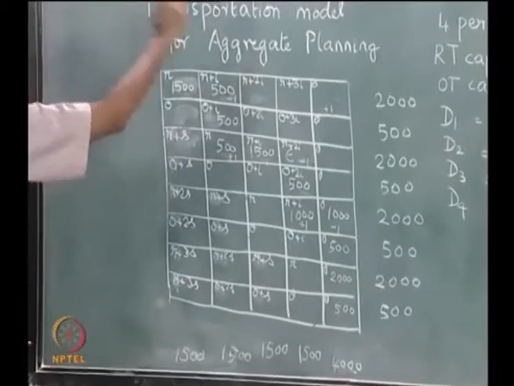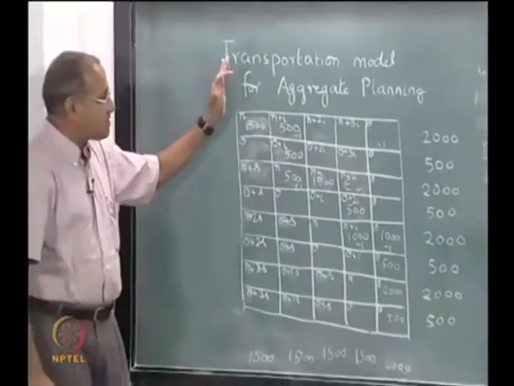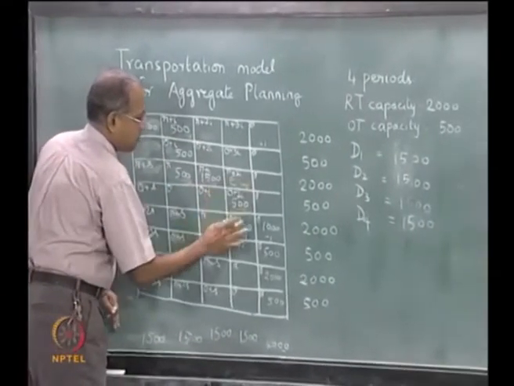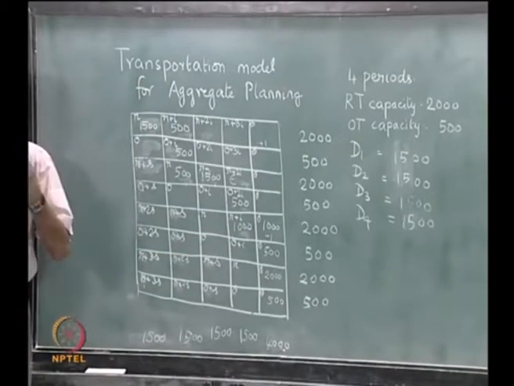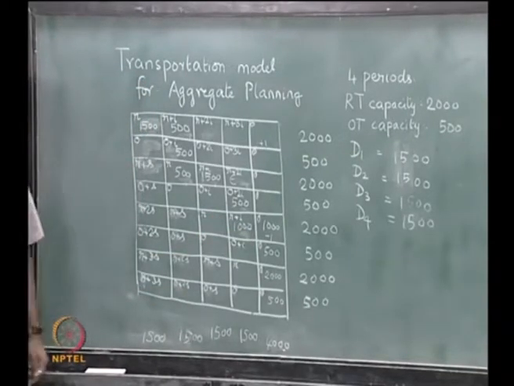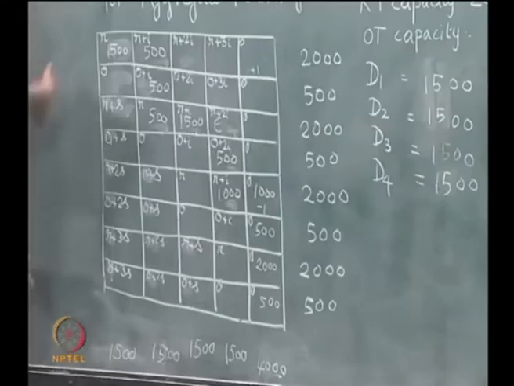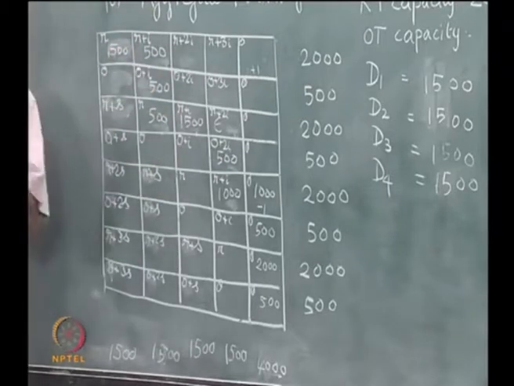Now, the transportation model is complete. Please note that your Northwest corner solution is going to be the same, it is not going to change, because Northwest corner is only based on positions. So, under this assumption where shortages or back orders are allowed, we can now use this starting solution to try and get to the optimal solution of the problem.